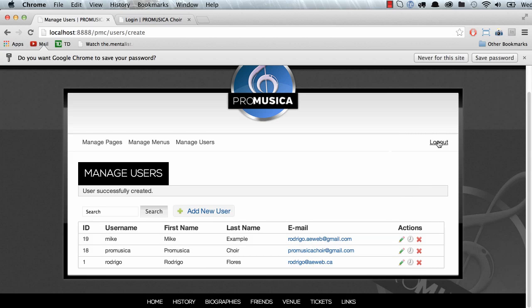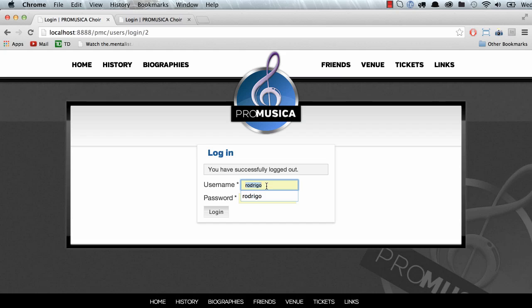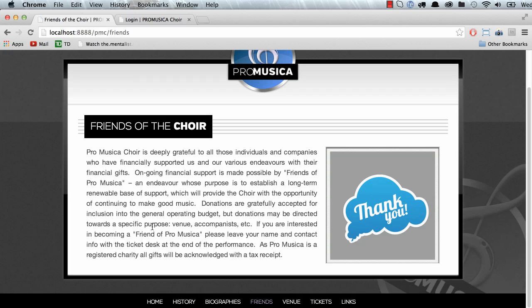And now if I log out and I log in with Mike's username and password, I should be able to do so if I can remember the password. But anyways, that's how you create a new user. You'll see,